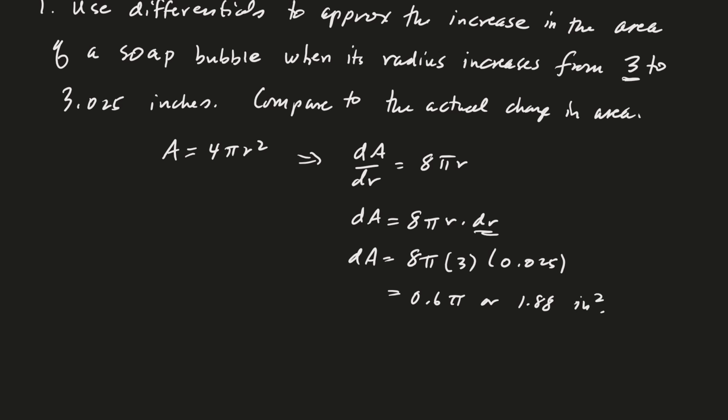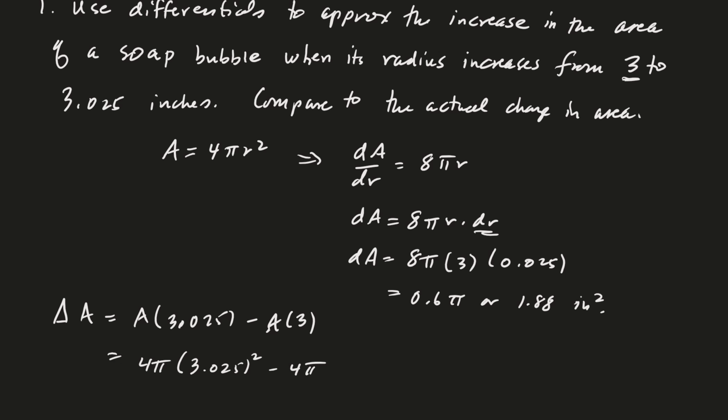Good. Now the actual change in the area, right, is going to be the area at the new value, 3.025, minus the area using the old radius. So I'm thinking of area as a function now, right? And so that's going to be 4 pi times 3.025 squared minus 4 pi times 3 squared. Good. And so notice you could just factor out the 4 pi. And so then we get 3.025 squared minus 3 squared. Good. And so if we compute that on the calculator,